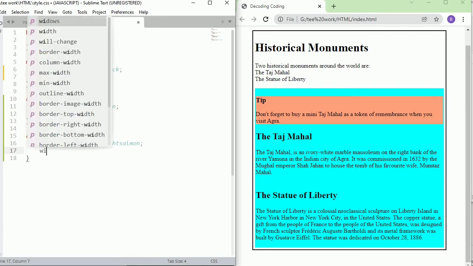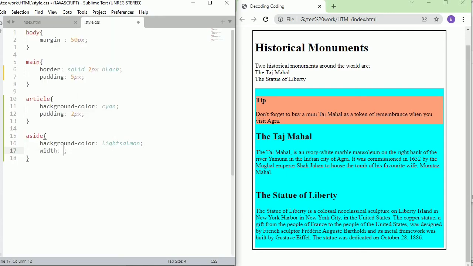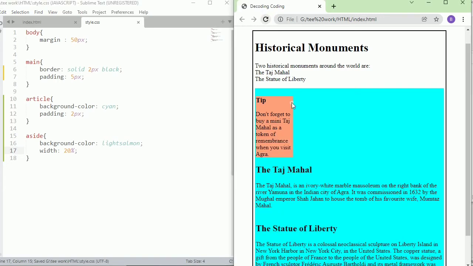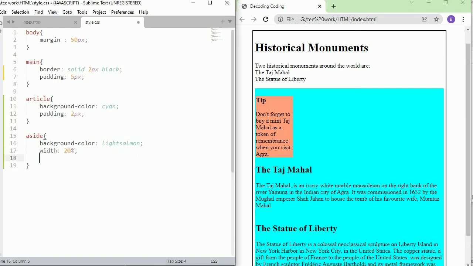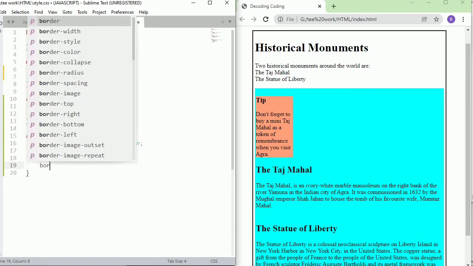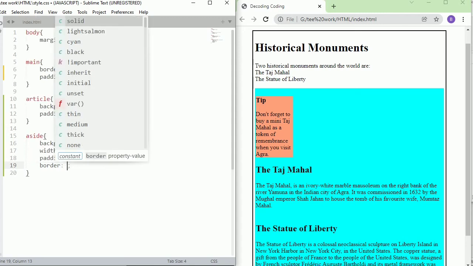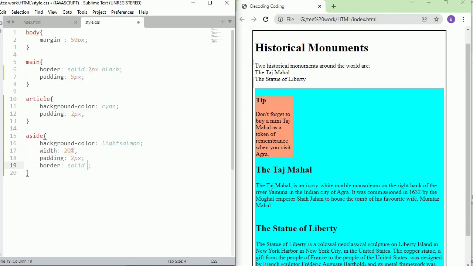And also I don't need it to be so wide. I just want a small box. So we're reducing the width to 20% of the whole screen. So now the width is just 20% of the whole screen, and we have our small box. Let's add our padding here. The padding of 2 pixels has been added. And I'll need the border black, solid and 1 pixel.